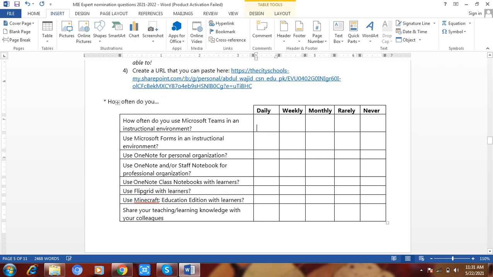Okay, now how often do you use the following STEAM resource tools with the learners? If you use that one, you will tick, or if not, then you will write never. If you use it rarely, you will click this one. Okay, now how often do you use the following features of Microsoft PowerPoint?